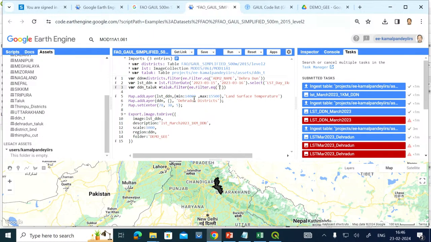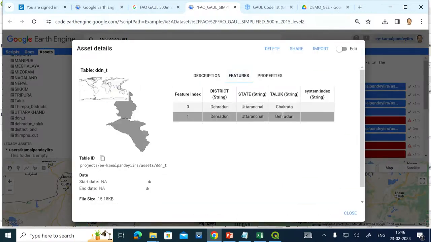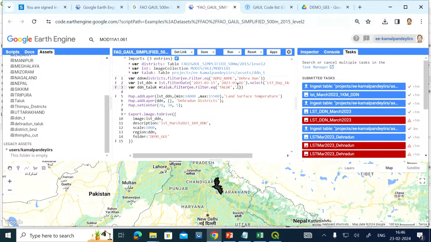And then in the brackets you have first TALUK in capital letters, comma. Now just remember, here you can see the name of that field. Earlier it was Dehra space Doon, but here Dehradun is written completely like this. So take this value, Dehradun, and paste it here, Control V. Correct. So this is also now done. So you can see I have the district, and I have the Taluk also. This district I have used for clipping.